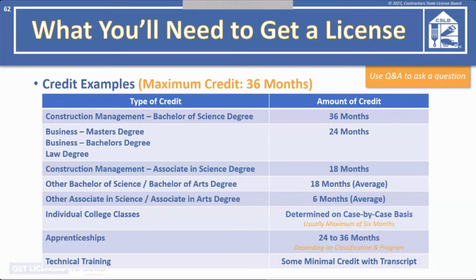If I have a C20 license and I want to get my C36, will I qualify for a waiver regarding work experience? Unfortunately, no, because the HVAC and the plumbing are 2 separate classifications. You would have to show 4 years full-time experience in the C36 plumbing within the last 10 years and you would be required to test for that C36. Now, since you already hold the C20, you would not have to take the law exam, but you would have to take the trade.